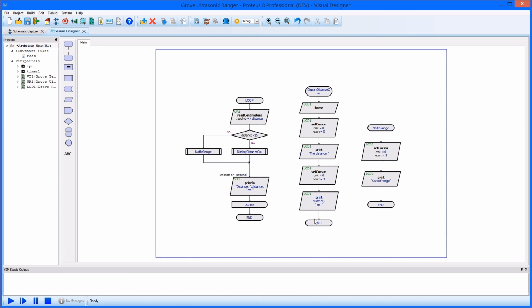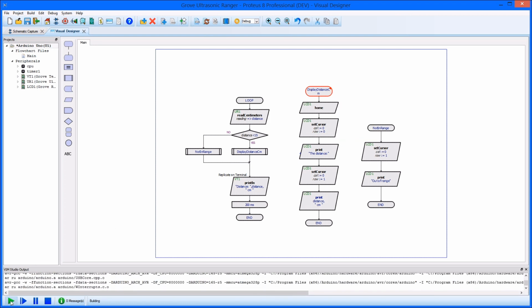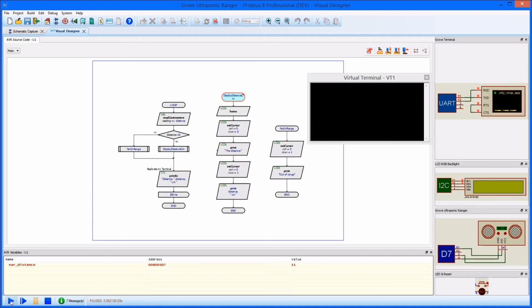for the LCD display. We can set a breakpoint from the right-click context menu on the flowchart block. Pressing the play button will then run the simulation until the breakpoint is reached. We can now see our program with a highlight on the current block and a variable display at the bottom